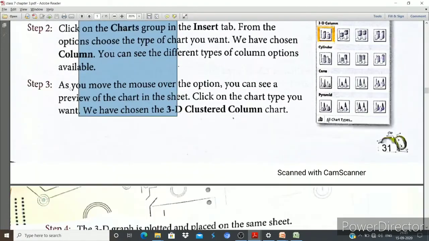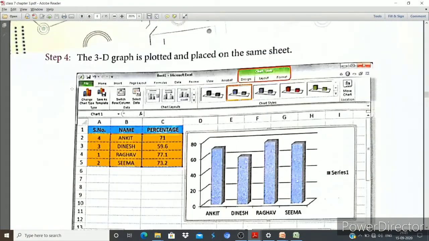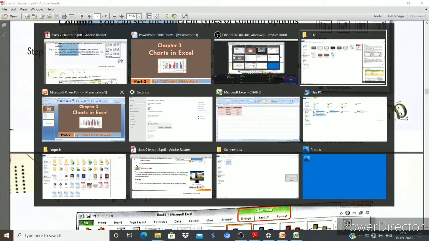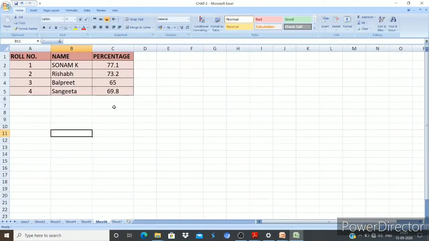Okay, all the 1 2 3 steps you can follow, or you can see here with the practical example. So here you can see, so here we are creating the chart. So after watching this video, you are able to insert a chart in MS Excel. So just look at here. So here we have three columns. There is a table. In this table, we have three columns.